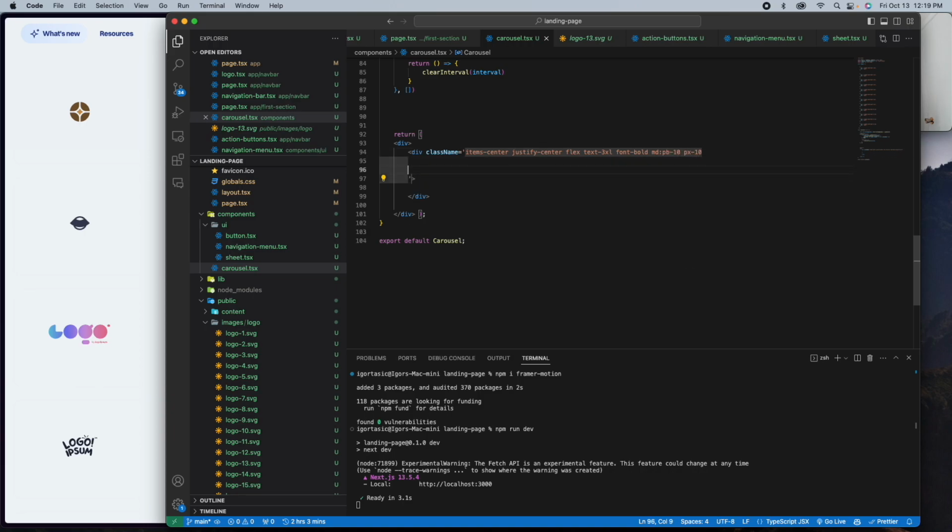And then bg gradient to R, from purple 800 to green 300. I want to clip the background to the text, and then I want to say